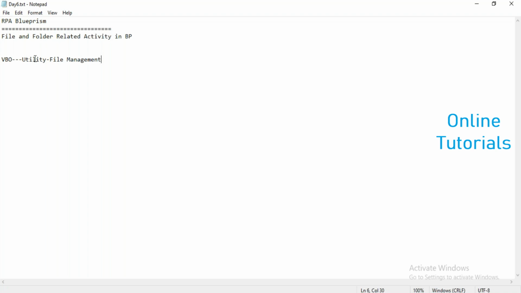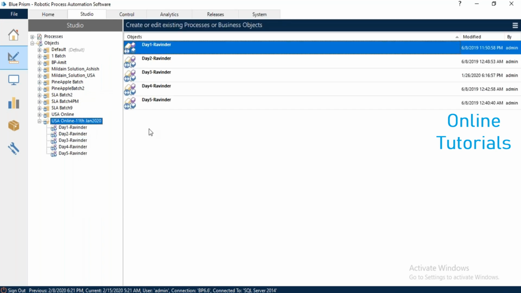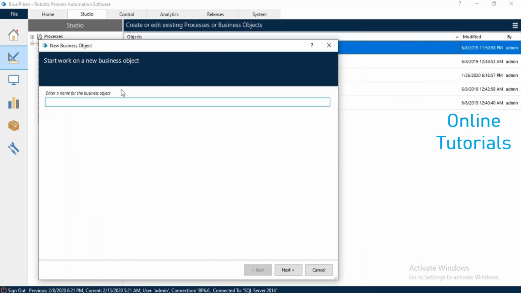Using this VBO, we can create a folder, delete a folder, create a file, delete a file, and get the path of folders. All these activities we can perform using this utility. So let's see how we are going to perform this. I'm just going to create a new object, so create object, and I'm going to give the name as Day 6